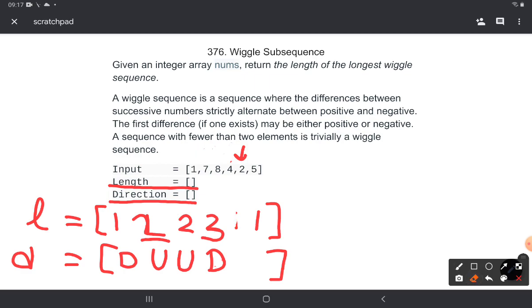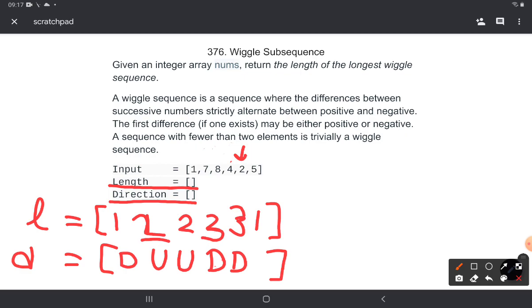So let me just write that down over here, and that is when I could go from 1 to 7 and then come down to 2, or 1 to 8 and come down to 2, or 1 to 4. All cases give me a wiggle subsequence of length 3. So in all the cases 2 is in the downwards direction.